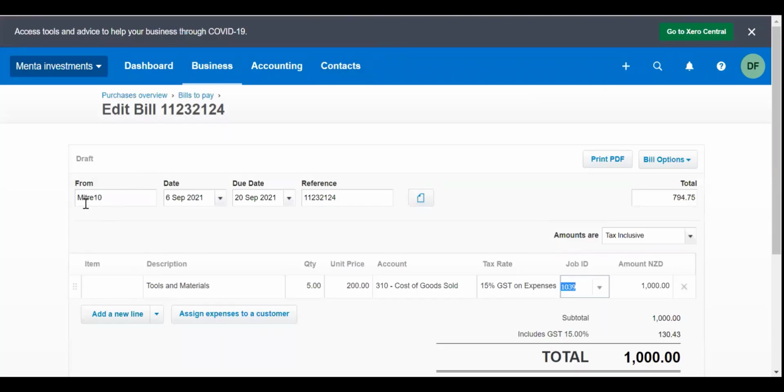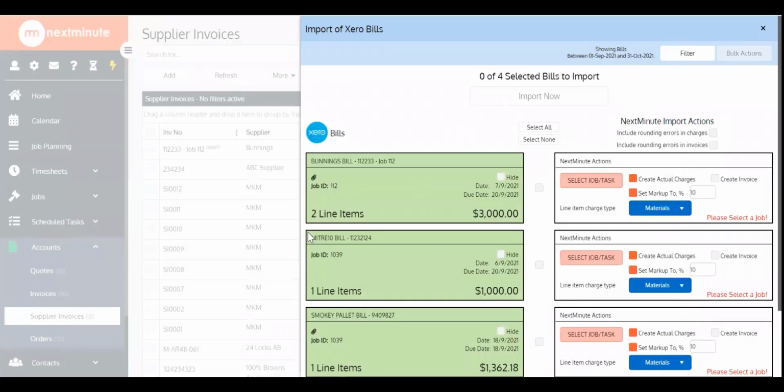In this case here, I've got one from Mitre 10. It's got all the elements in here. The tracking category in this version, I've activated and called it a job ID. I have the job actually in here, and it would have all the different tracking categories I would have. Okay, so then when I pull that bill in, it's going to be showing that bill, and there it is,